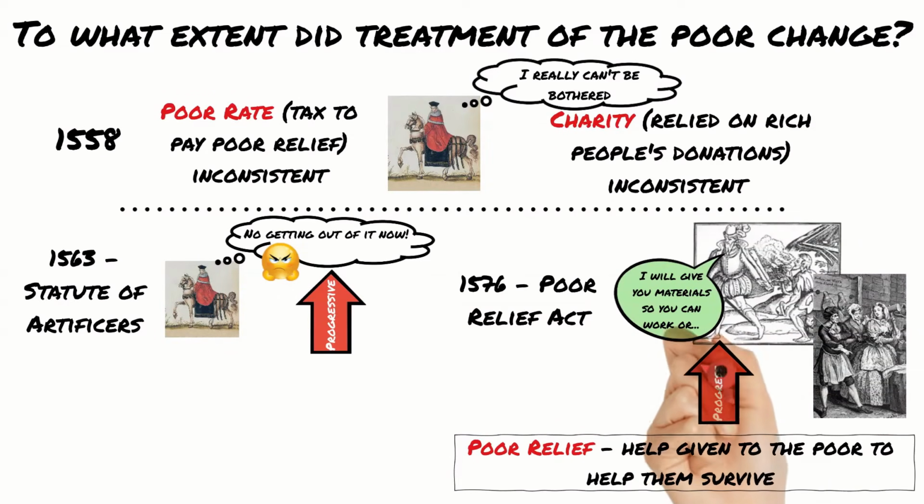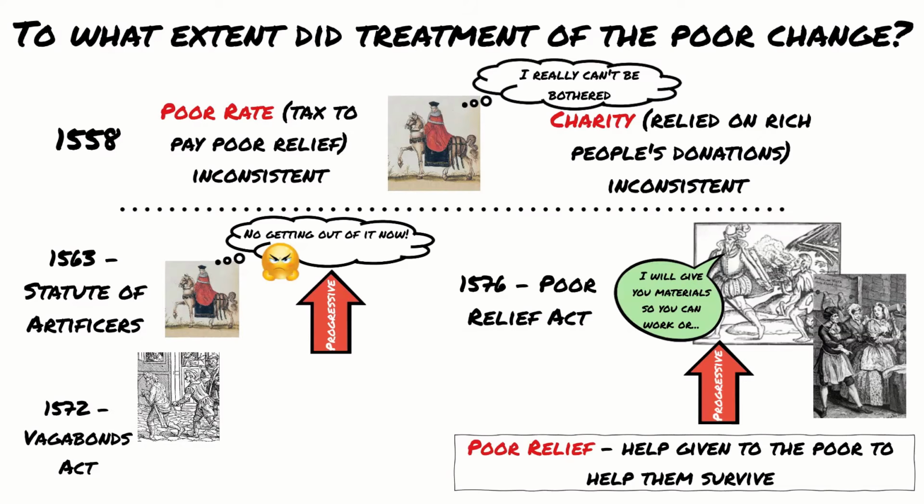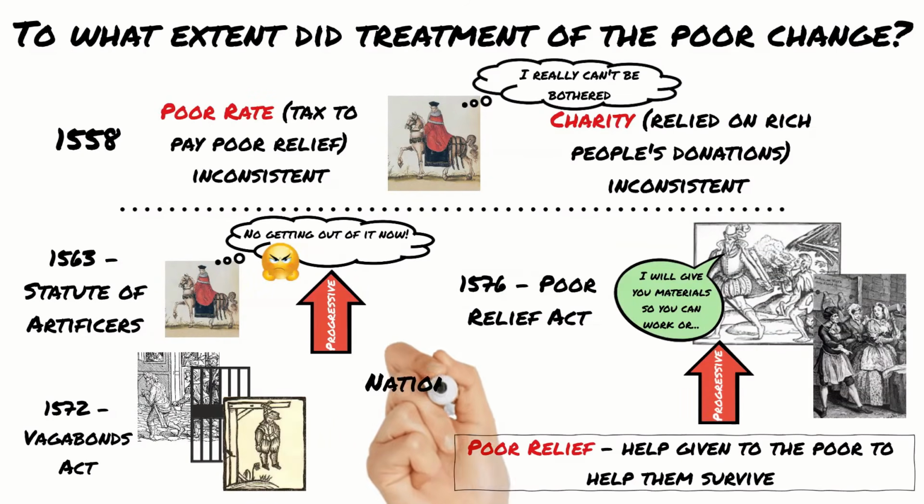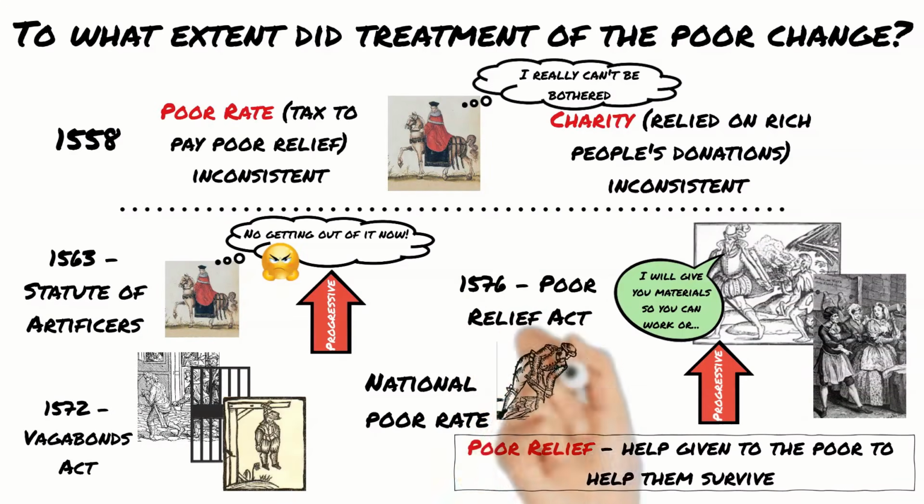In 1572, a Vagabonds Act imposed three levels of punishment for acts of vagrancy, begging or petty theft. On the first offence, the person would be publicly whipped and have a hole drilled into both ears to act as a warning to others. The second offence would lead them to being imprisoned, and those caught in a third offence were executed. The law also set a national poor rate, which provided money and work for the impotent poor, and the Justice of the Peace had to keep a register of those claiming poor relief. The law also said that JPs and other authorities had to find work for the able poor.